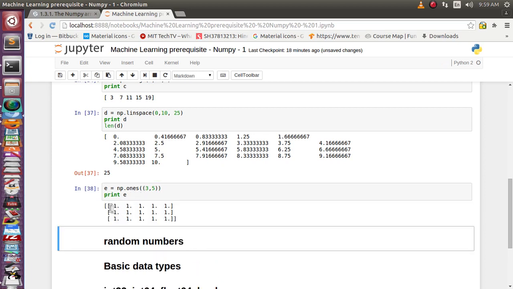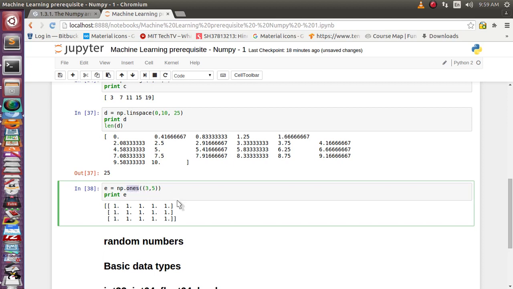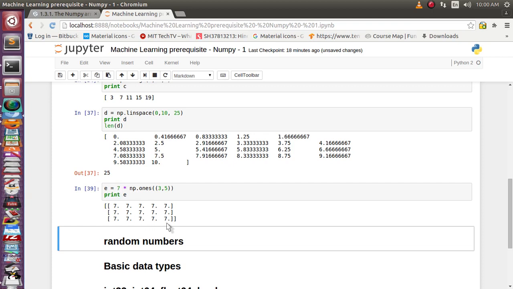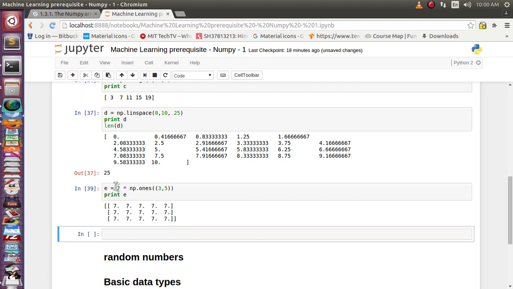So there are a total of 3 rows and 5 columns with all values 1. So this ones function will create the array with all values 1. Now suppose we want to put all values as 7, so you just multiply it by 7 and it will create the array with all values 7. So this is for the same value.